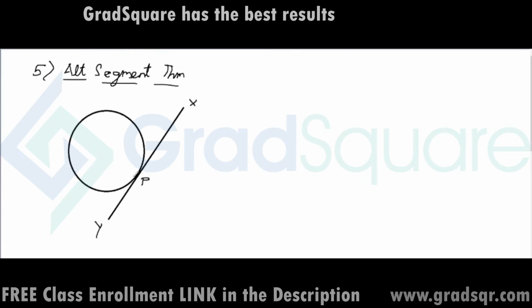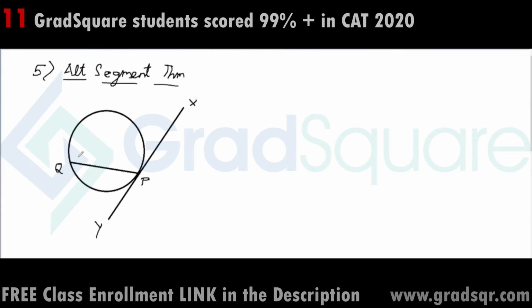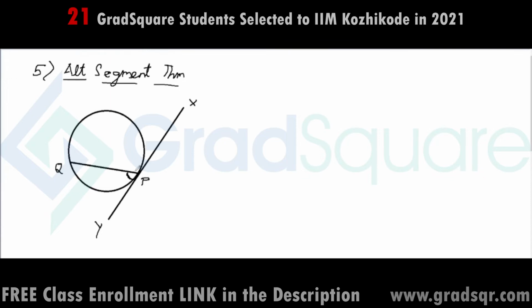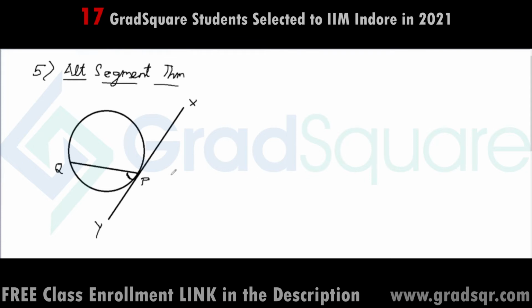Point of contact of the tangent is say P. And suppose in this figure I also have a chord passing through the point of contact P, and let me call this chord PQ. Okay. So now if I look at this figure, the tangent XY and the chord PQ are forming two angles. One angle is angle QPY, and one angle is angle QPX. Okay. So let us do one thing for the sake of convenience. Let's first focus on one of these angles. Let us focus on angle QPY.